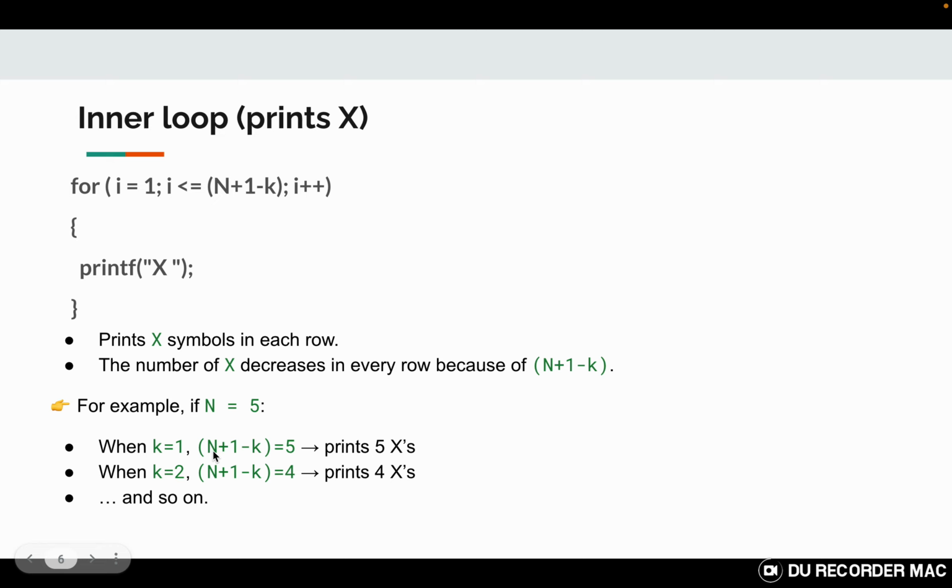So n was 5 plus 1 is 6 minus 1 is 5, so the value becomes 5 here, and this loop will run 5 times. And when this loop runs 5 times, it will print the x 5 times. Similarly, when the k value, the outer loop value, becomes 2, then what happens is n plus 1 minus